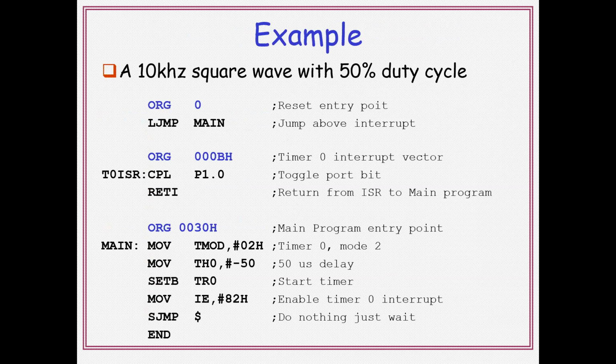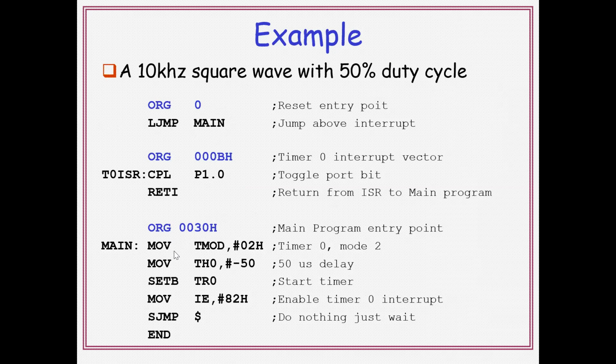Here is one example: a 10 kilohertz frequency square wave with 50% duty cycle, by using the interrupt method. So ORG 00H, that indicates that the program starts at the 00H memory location, and then next one is LJMP to main. Otherwise, you can use SJMP to main, no problem. That main can be written after 2B locations,